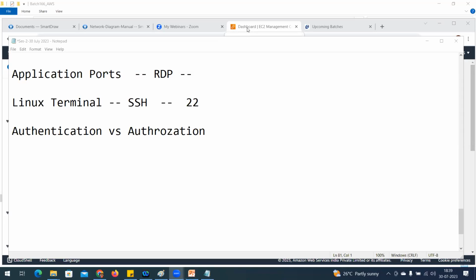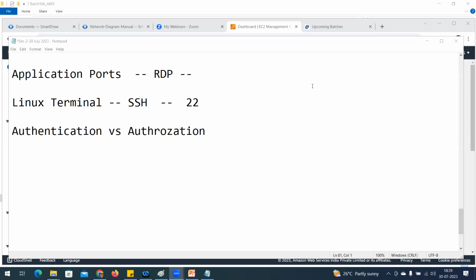Okay, good. Anyone else? If anyone is not able to speak up, please raise your hand. I will allow you to speak. Authorization is more about what a user can do. Authentication is all about validating the user. Authorization is more about, once validation is done, what the user is allowed to do, what permission level he has, what kind of access he has.